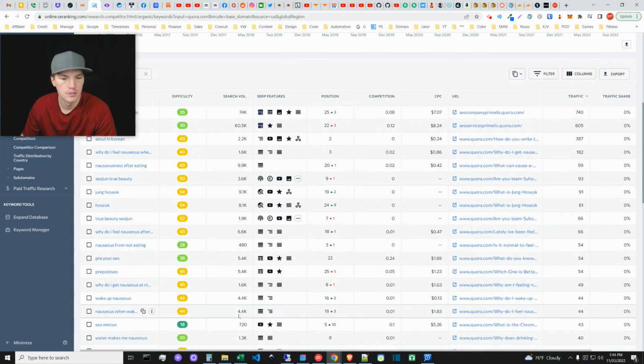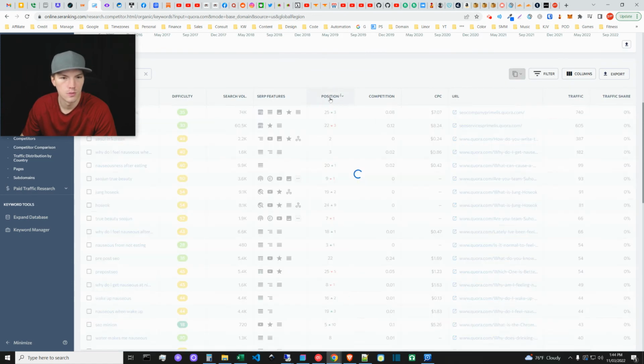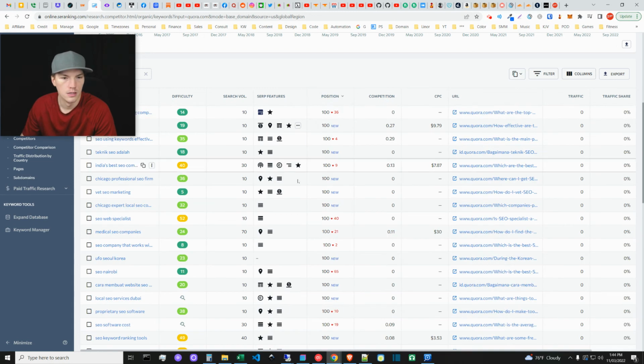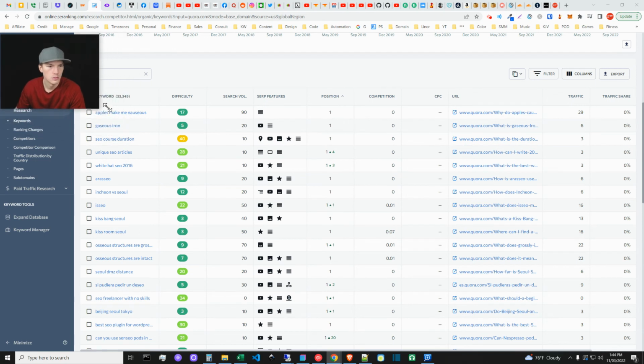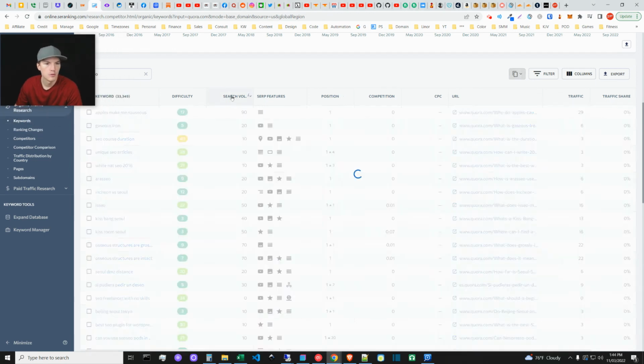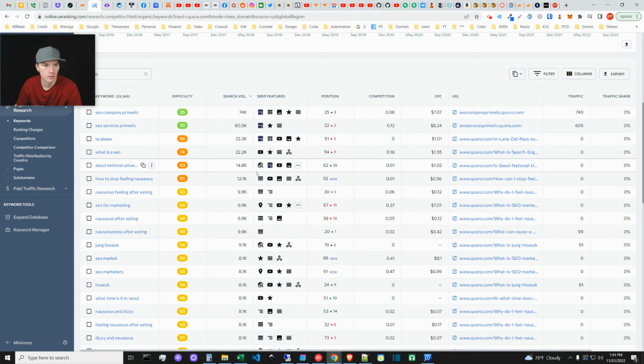Maybe it would be easier to do it this way. And well, maybe not. Actually, you know what? It'd be better to do volume, and that way we can definitely hit the terms of the biggest gravity and find the ones